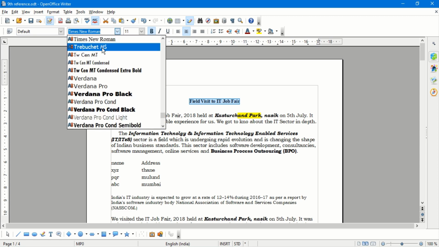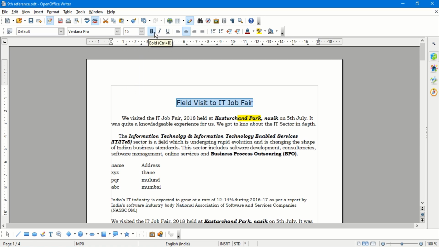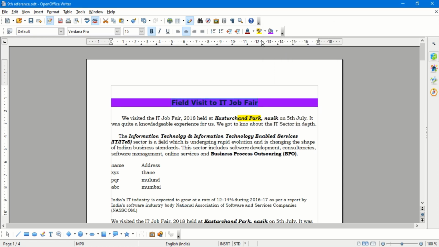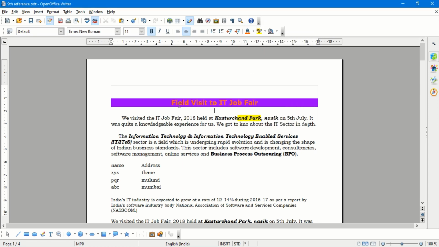This is the font, the font size, the bold, italic and underline, that is Control B, Control I and Control U, which are the shortcut keys for doing these actions. Here we also have the background color, the font color. This is the formatting toolbar.